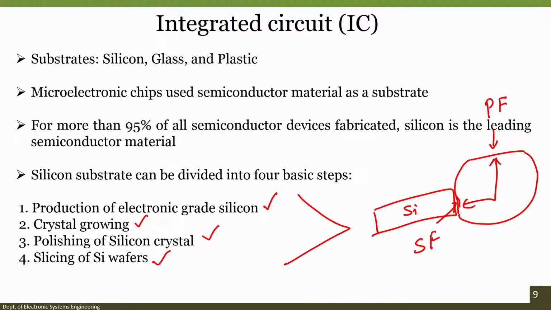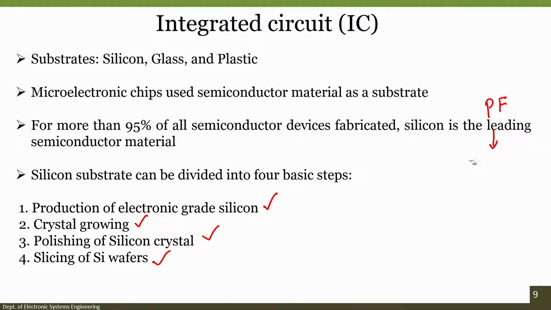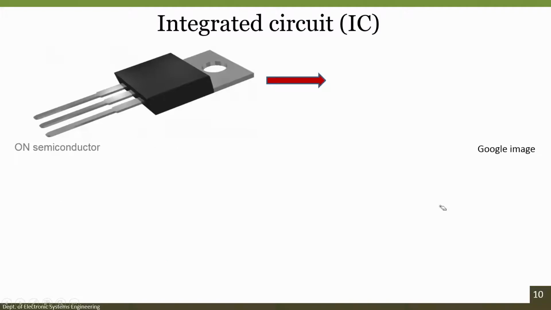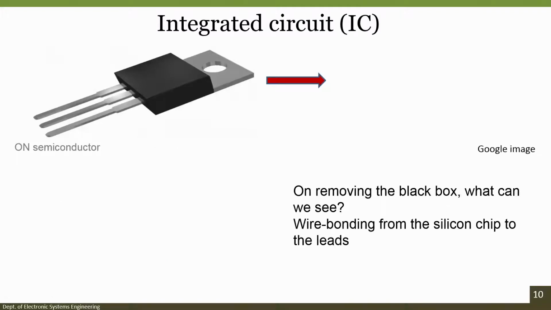So, before moving to discussing about silicon wafer, how we can know whether it is 100 or it is 111 or it is 110, right. What are the crystal planes or orientation? Before we go to that particular topic, let us see, if you take an IC, right, and on removing this black box, if you ever tried, do not try without a proper supervision, all right. It is not advisable, but if we remove this box, then what we can see is